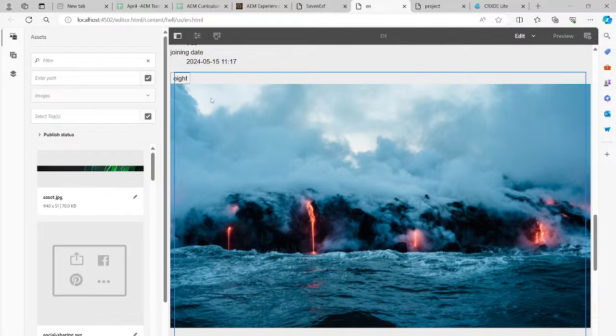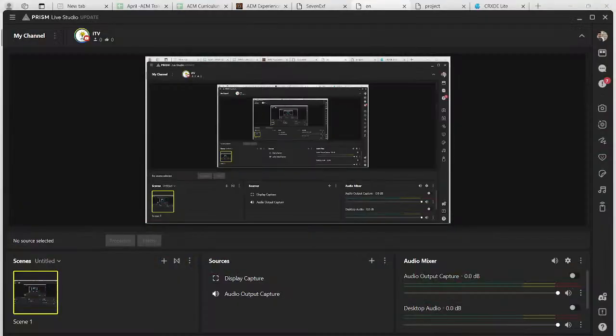Like this we have created our experience fragment with different types of components. And that's all, guys. I hope everyone has understood, and I am closing the session today, and tomorrow